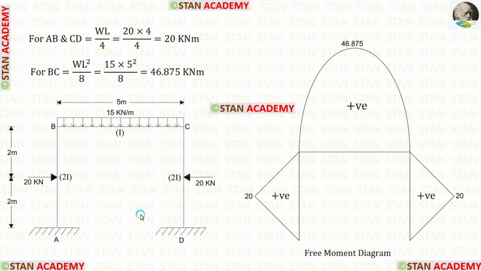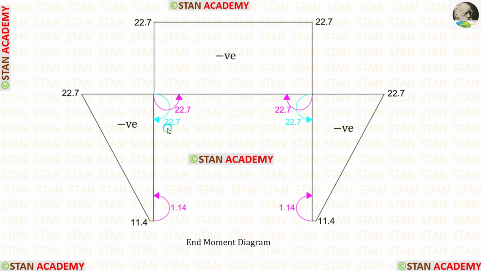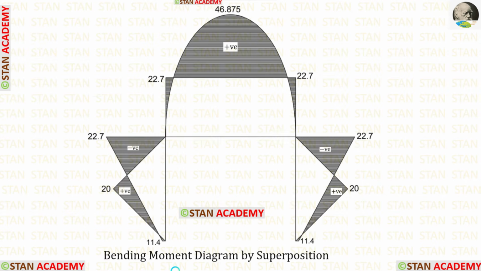We can draw the bending moment diagram by the superposition method. In this method, first let us make the free moment diagram. For that, we have to assume every span as a separate simply supported beam. Using the formulas, we can find out the moment values. Then, using the direction of the moments, we can make the end moment diagram. Now, let us combine the end moment diagram and the free moment diagram so that we will get the bending moment